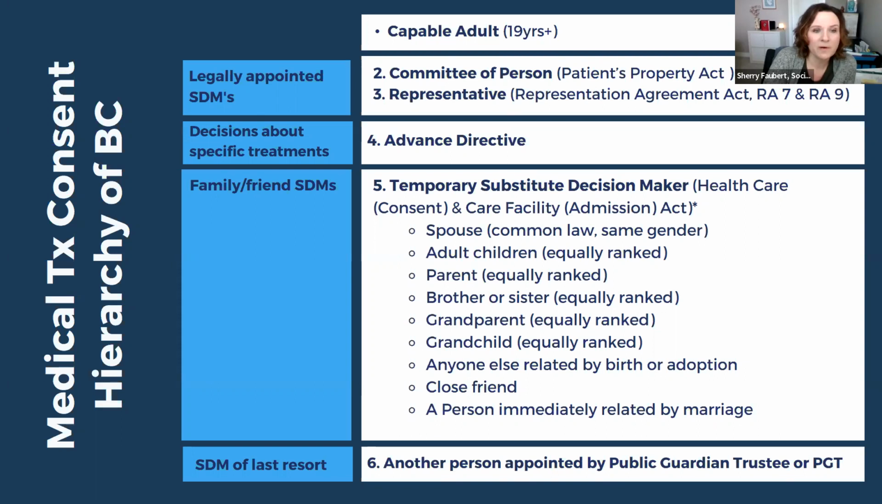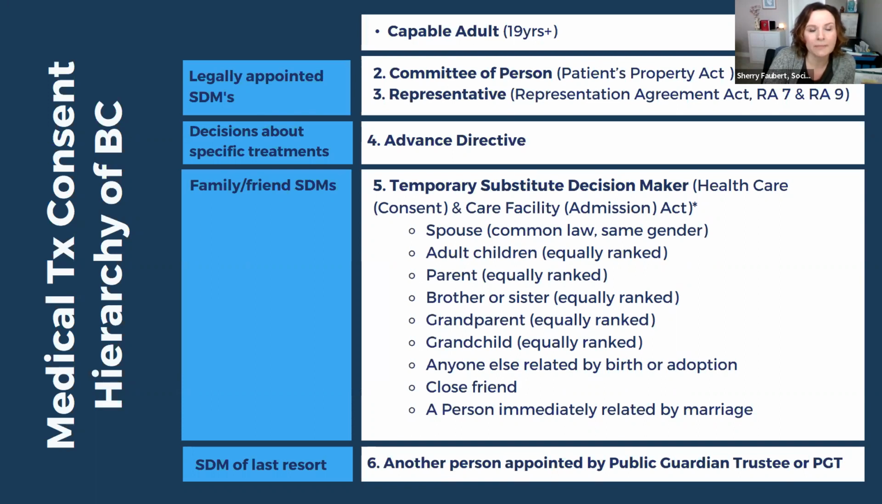And then at the very bottom of the list is our substitute decision maker of last resort, and that is a person appointed by the public guardian and trustee. We don't see that very often, but as social workers, we probably see that more than any other healthcare provider, because we're typically the one that needs to sort those pieces out and ensure that we get somebody to act in that capacity and make a healthcare decision for someone